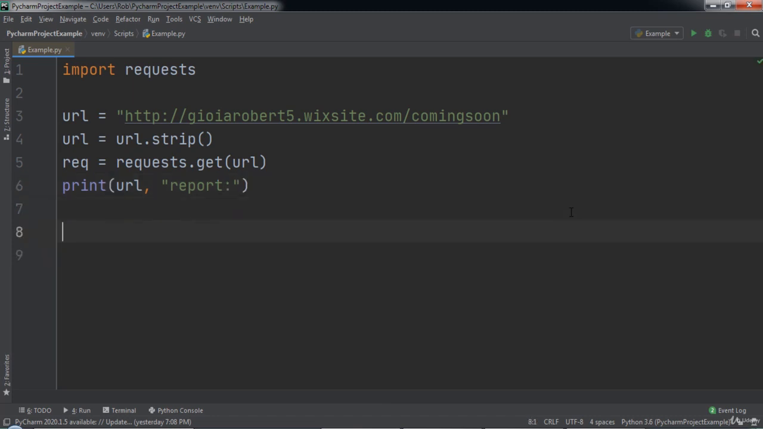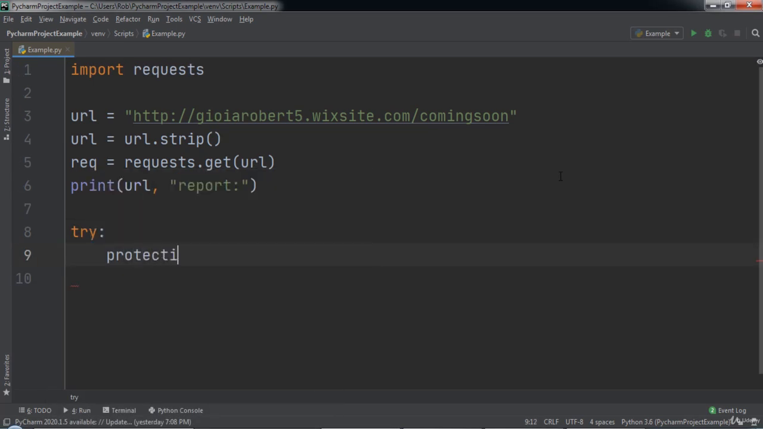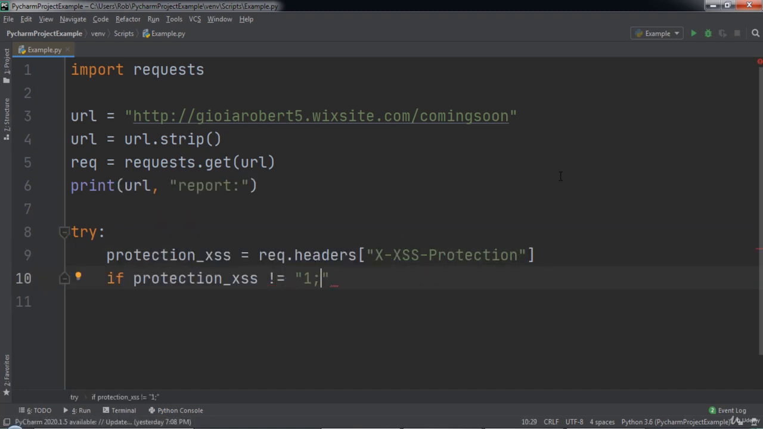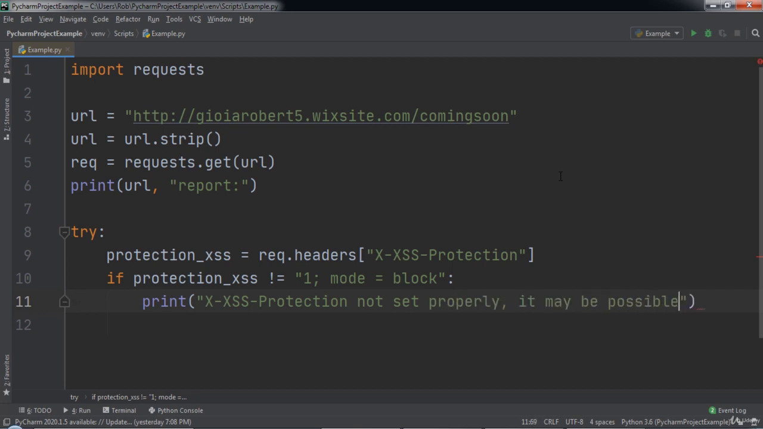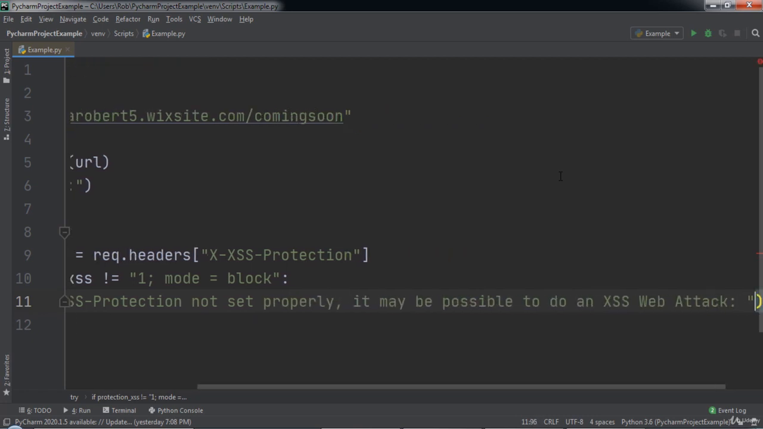Next is going to come a series of try-except blocks that will check for certain header information that could either expose or prevent a certain type of attack. First, we will use a try-except statement. Inside of the try part, we will create a variable named protection_xss and set it equal to rec.headers at the key x-xss-protection. If protection XSS is not equal to the string 1:mode equals block, then we will print out that XSS protection is not set properly, and that it may be possible to do an XSS web attack, and then print